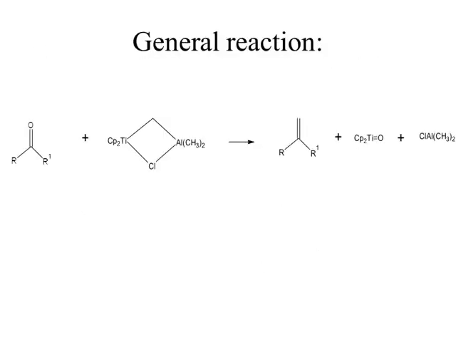Now this is the general reaction where we have a carbonyl compound which can be either aldehyde, ketone, ester or amide, and that is treated with Tebbe's reagent. What you have to do is, instead of this carbonyl compound, you write a carbon carbon double bond, and you will get the corresponding olefin along with the byproducts. So this is the general reaction. Here in the product you can see one carbon atom is more with respect to starting material. So C double bond O is converted into C double bond C and we get our olefin.